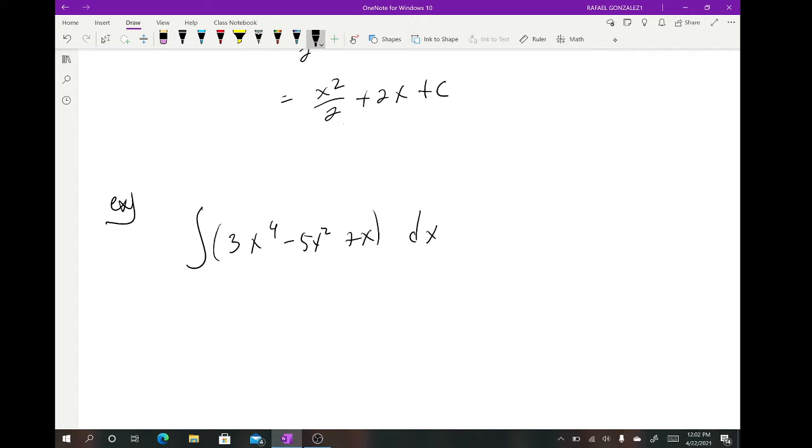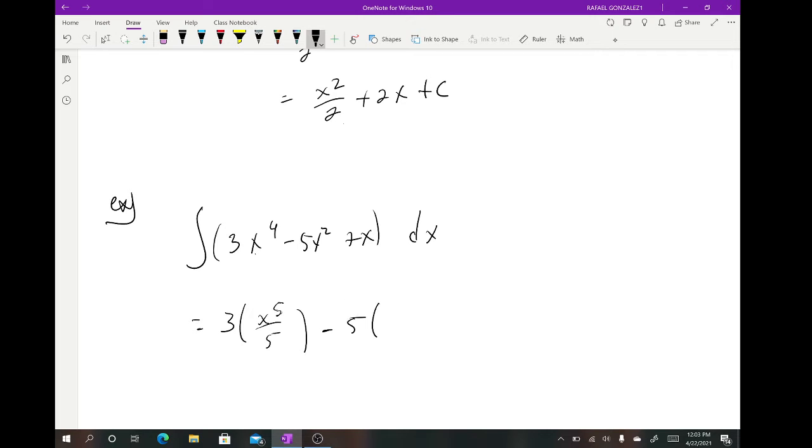Now that we know this, we could actually move a little faster. Why? Because now we know how this is going to work. So if somebody on the train came to you and gave you something like this, then you know that the antiderivative is going to be, I mean, you could still take it step by step, but this is going to be 3 times x to the 5 over 5 because of the rule, p plus 1 divided by p plus 1,